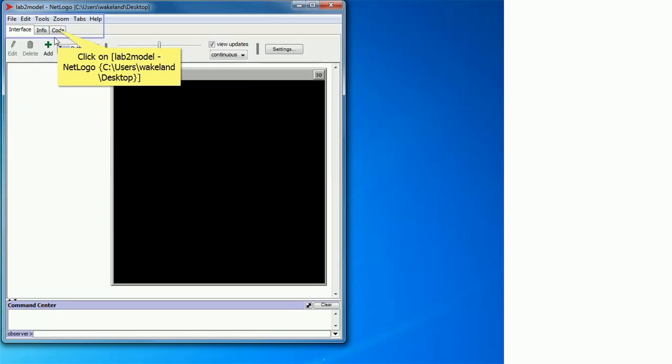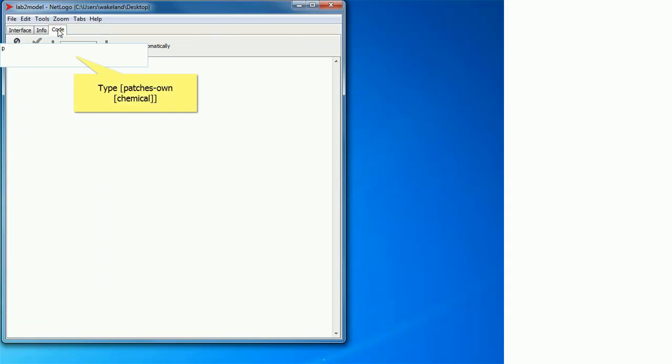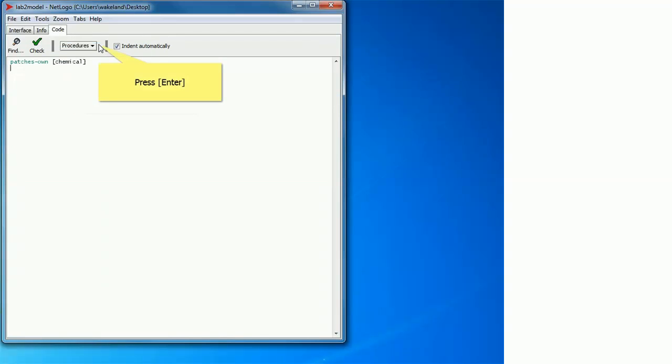And I'm going to go to the Code tab, and the first thing we wanted to put in was patches-own [chemical],